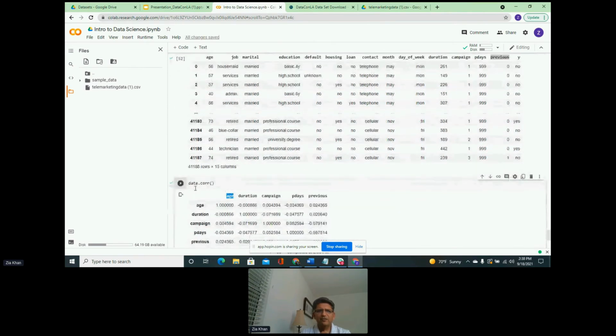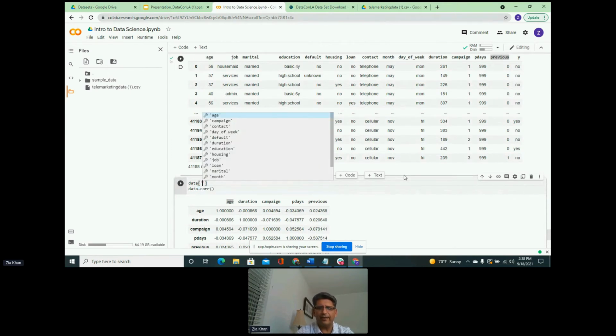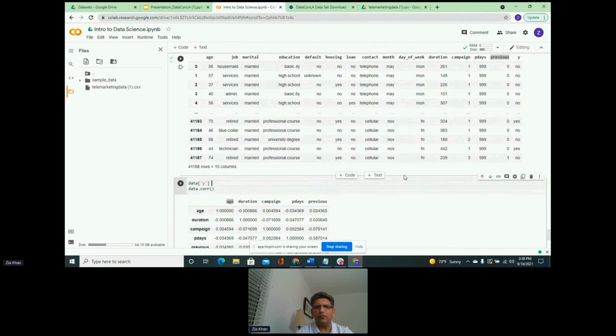So the first step is to convert that Y into a numeric feature: 0 for no, 1 for yes. So I'm going to take that column Y and convert it into a numeric feature.